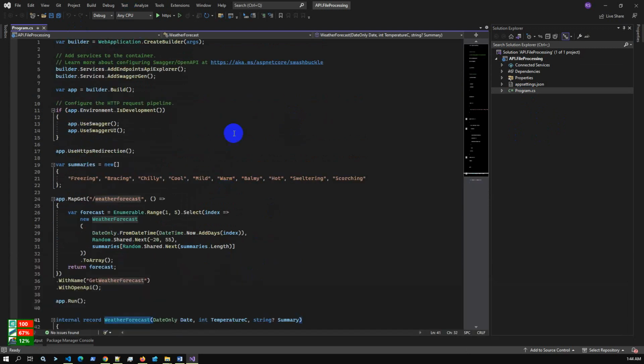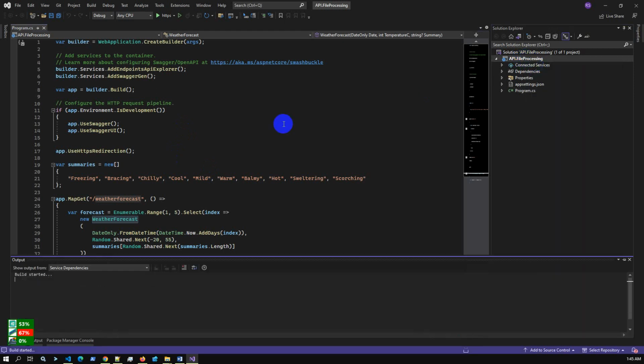I'll remove all the static API from here and clean the program.cs and keep it as simple as possible. If we build the project, hopefully it will run successfully without any issue. So the build is a success,